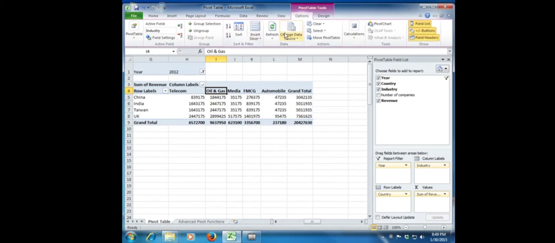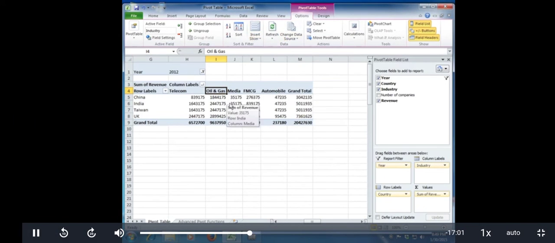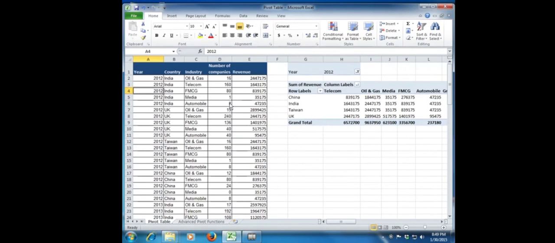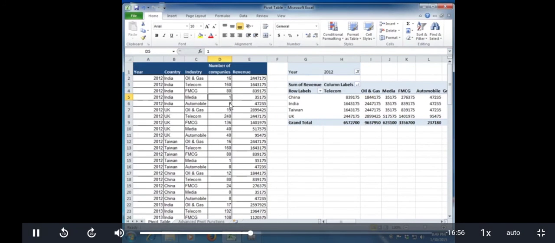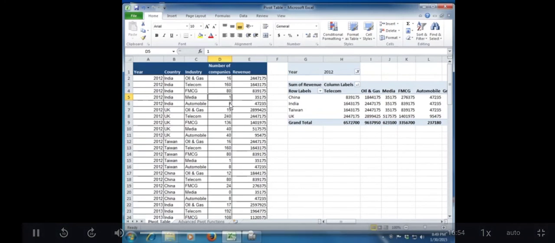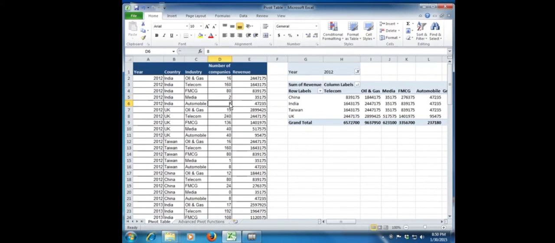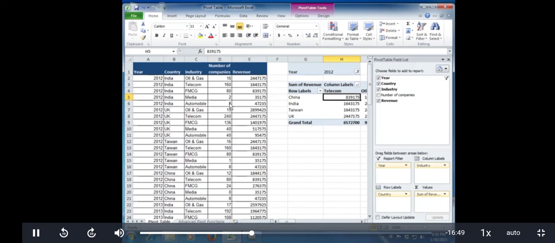Let's say this is my original database, and there's a change to it. Let's say I have updated the data and the number of media companies is now 2. But the moment you change it, your data table, your data